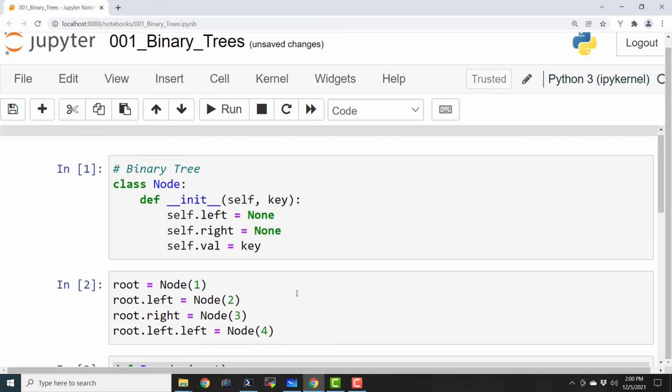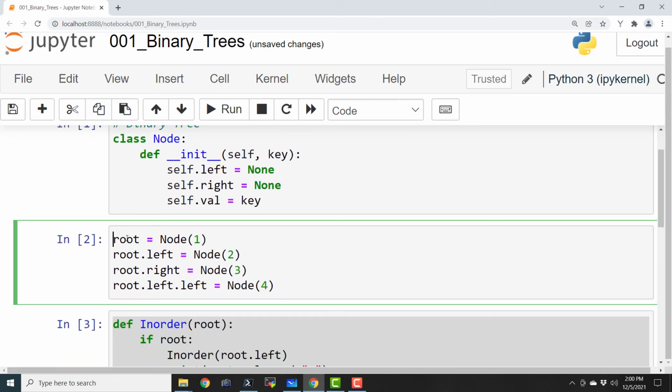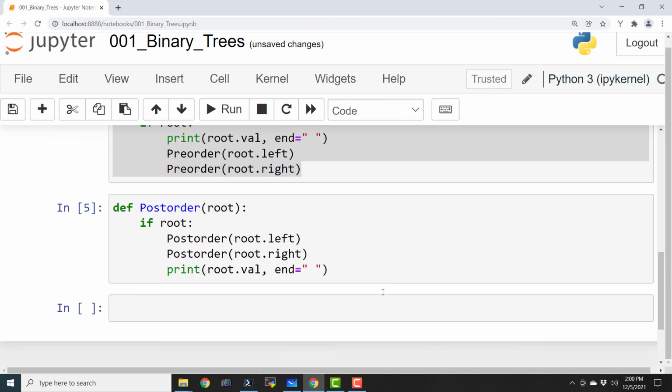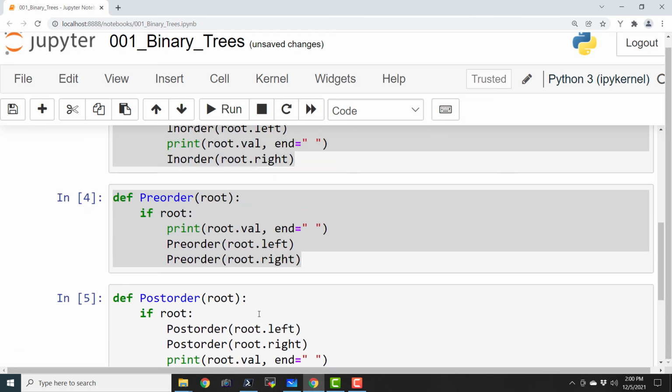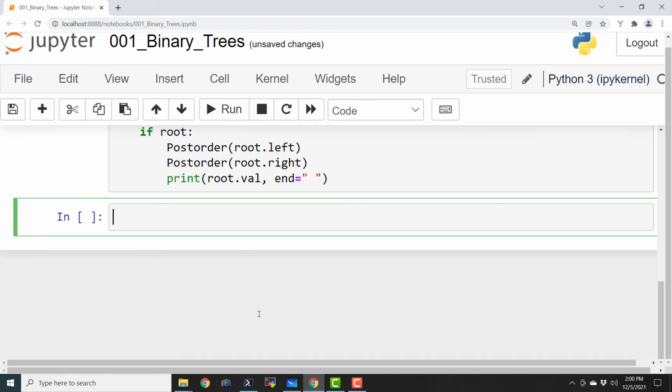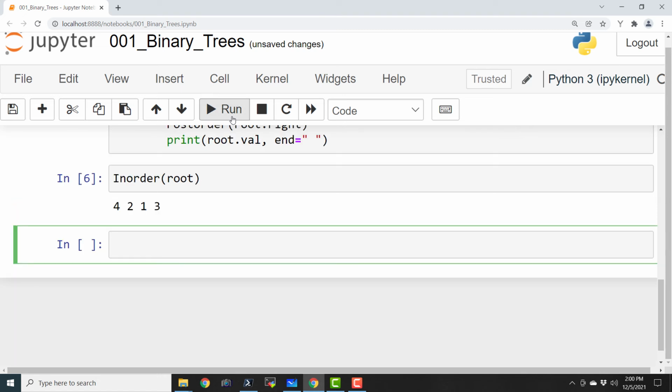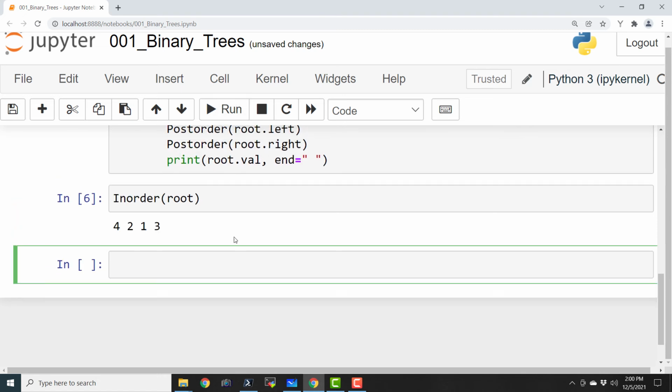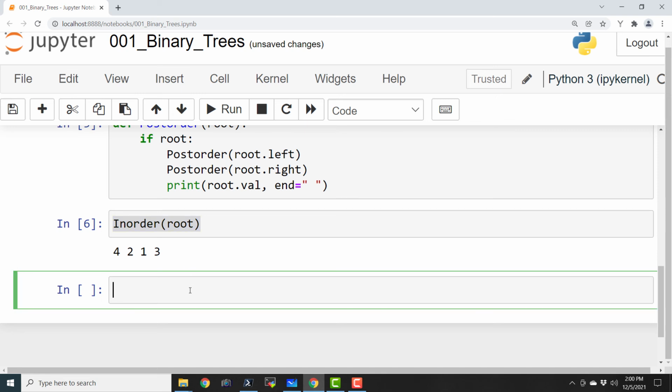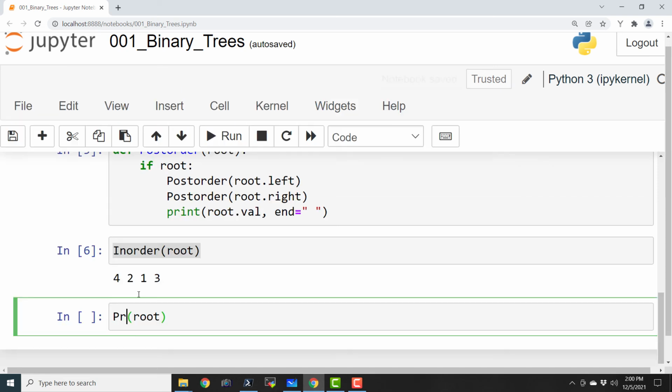Okay, so now we already have a tree defined here, and now we are going to run in order on that. In order of root. So let us keep our fingers crossed and execute it. And yes, this is the in order of the root. Similarly, we can even have pre-order and post-order.